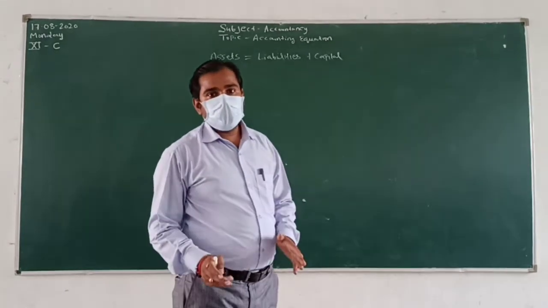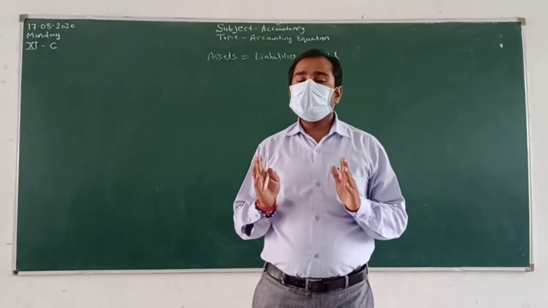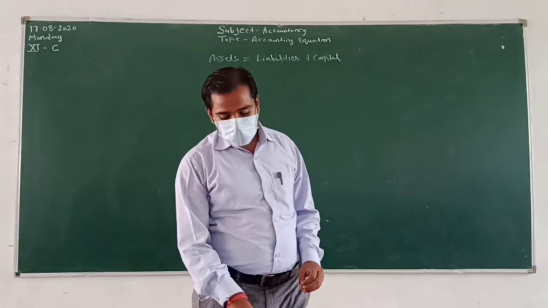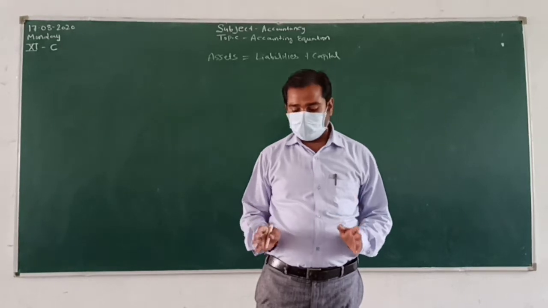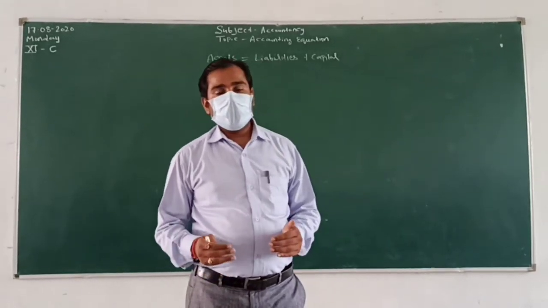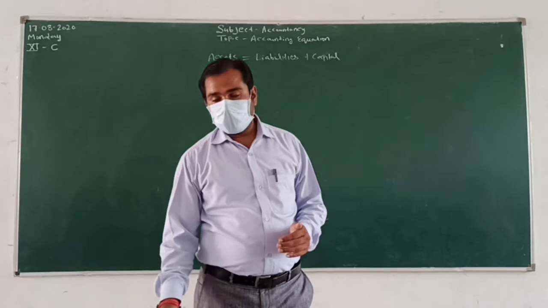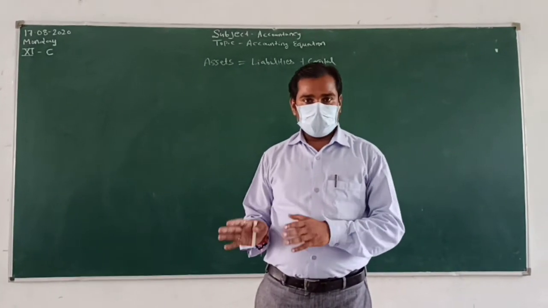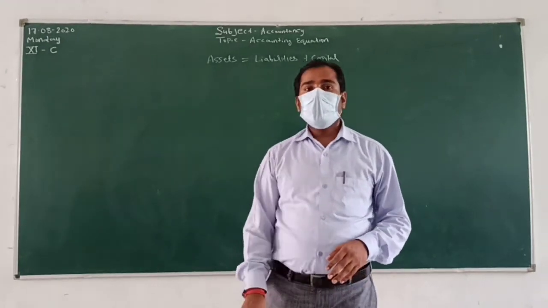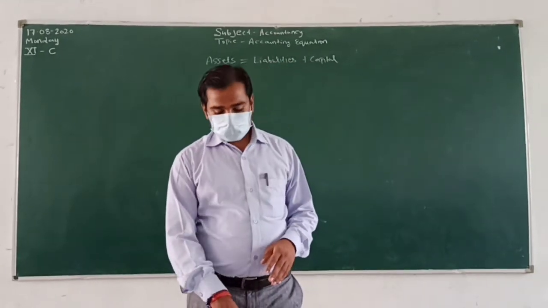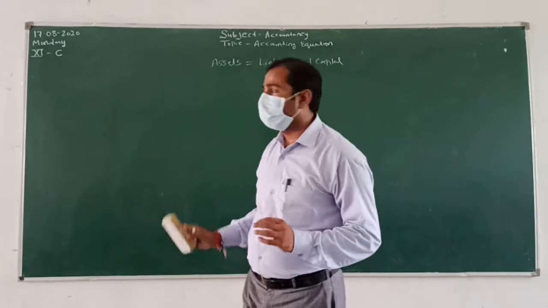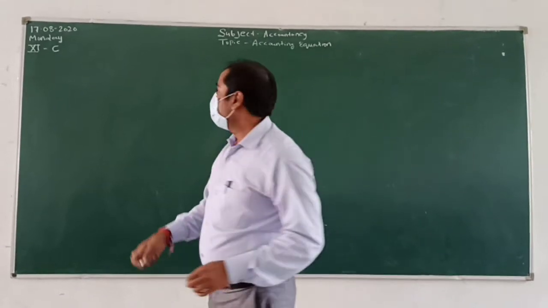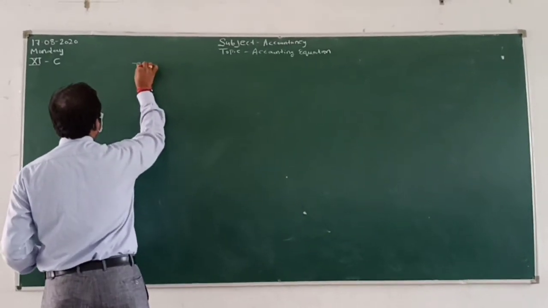So I am sending you one question and I am going to tell you the solution of that question. Your question is, prepare the accounting equation on the basis of the following. We have 5 transactions related to this accounting equation. First of all, we should know the format of accounting equation. For the format, we just have to take this formula and write here